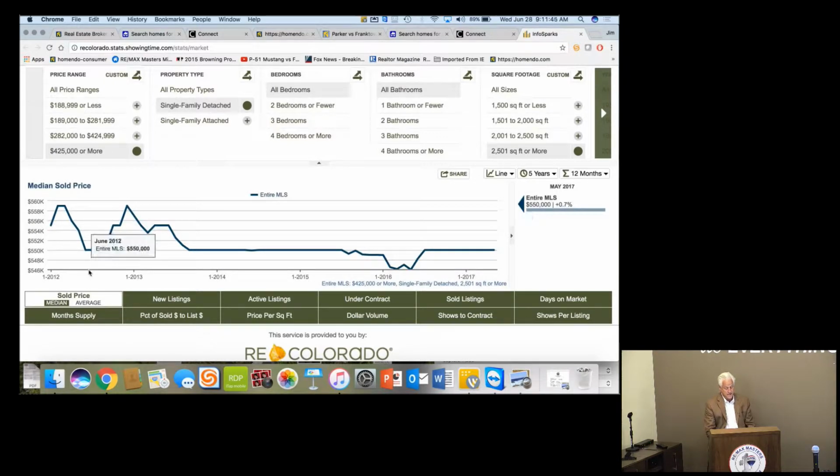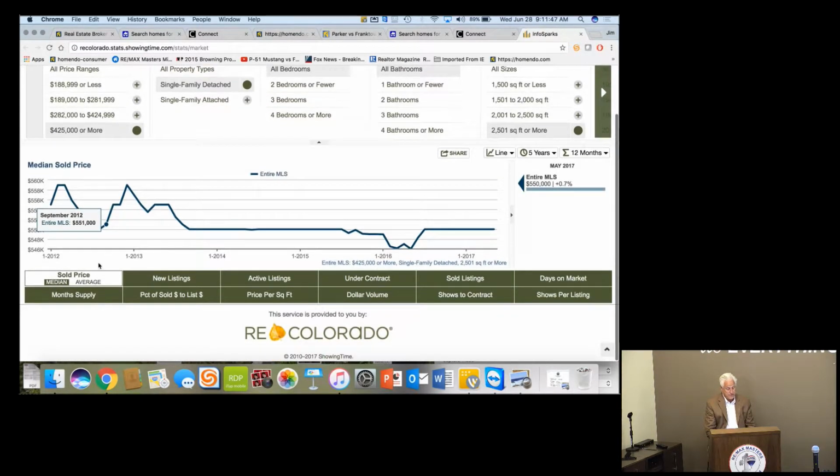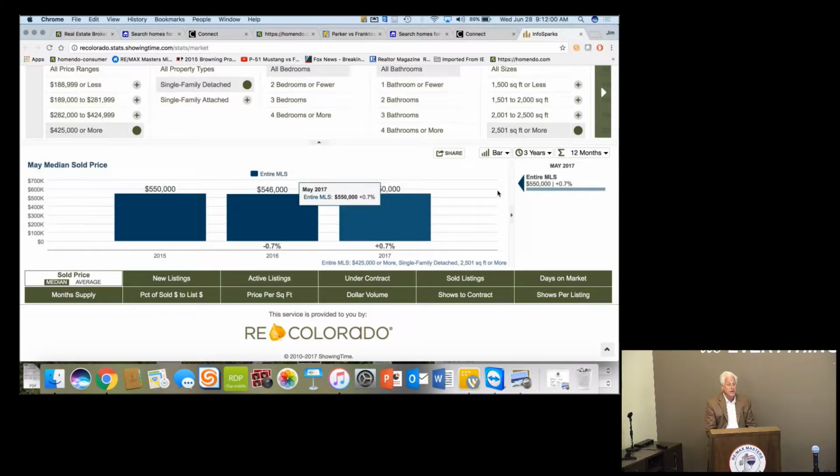You can see our dip in the market right here in September, and you can go through here and it'll give you the high statistics. If you don't like the line graph, you can have a bar graph, and it'll give you a bar graph. So once you have found what you want,